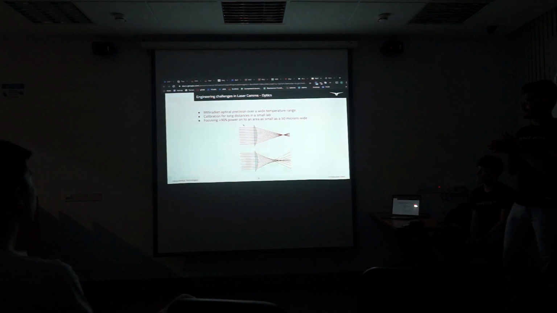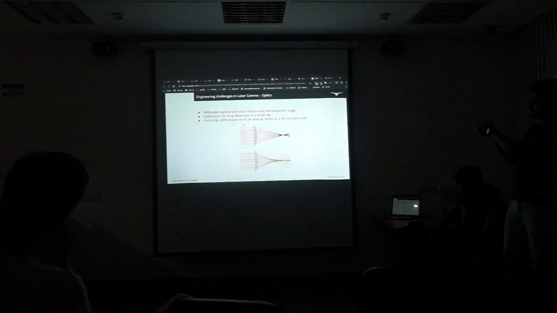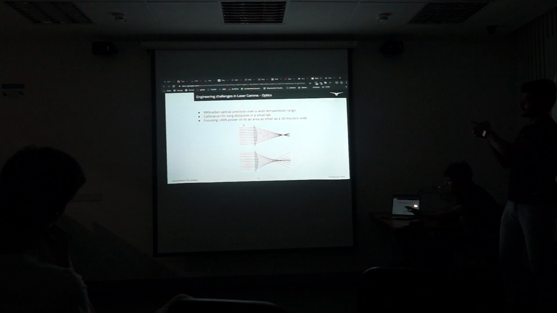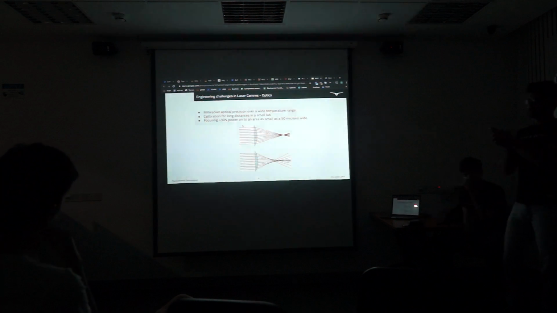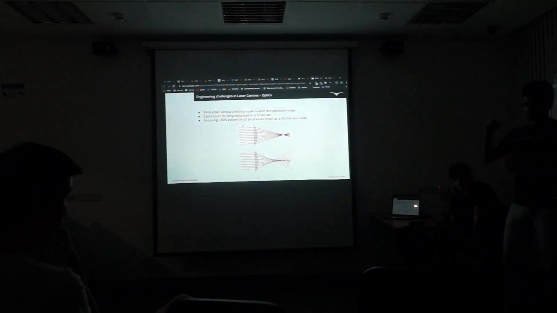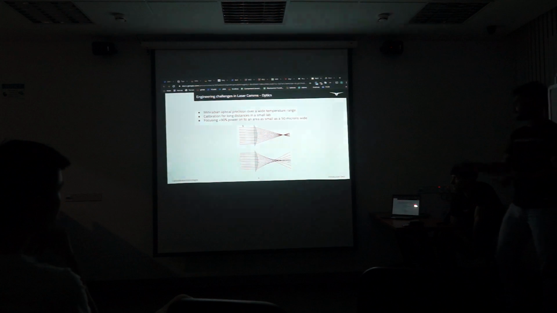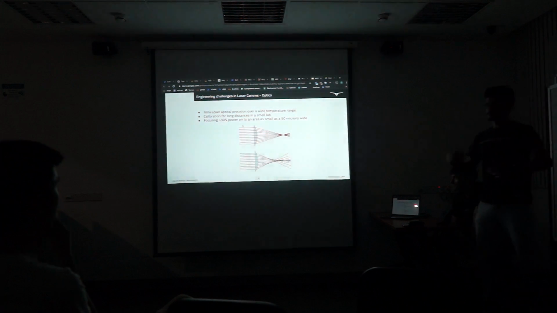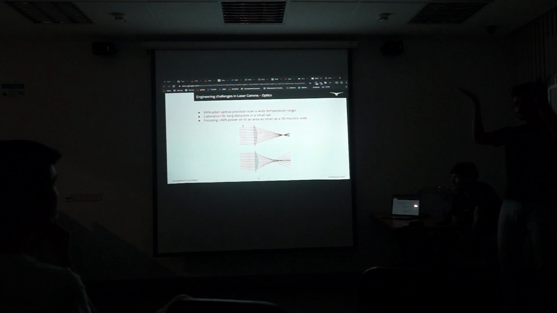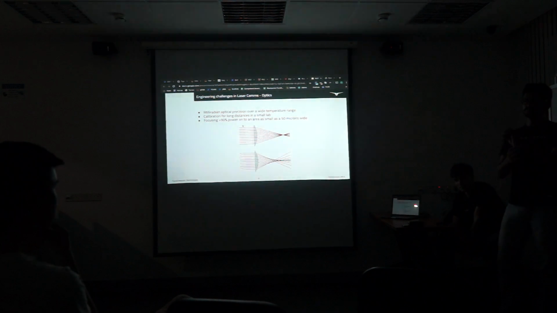And one big challenge that doesn't seem very obvious, but it is, is to focus all of the power on one spot. The image that I've shown you here is called spherical aberration. If you take a normal spherical lens and focus parallel light through it, it's not going to focus on one single spot. It's going to focus something like the image below. It's not going to be one point. You call it the PSF, the point spread function of a lens. That's what you get in a standard spherical lens.